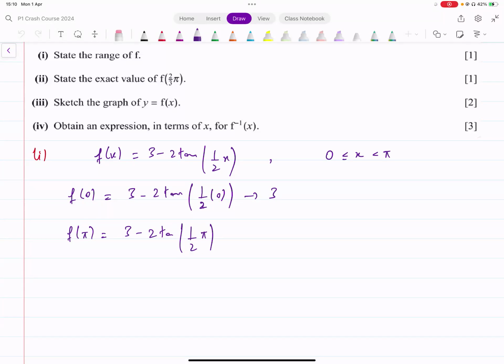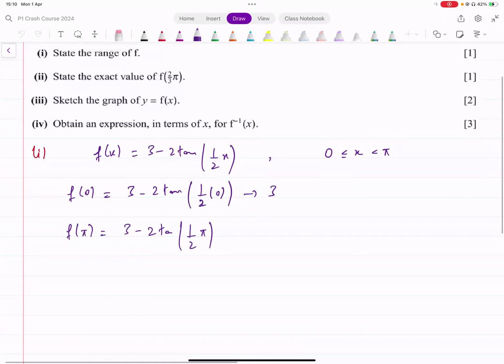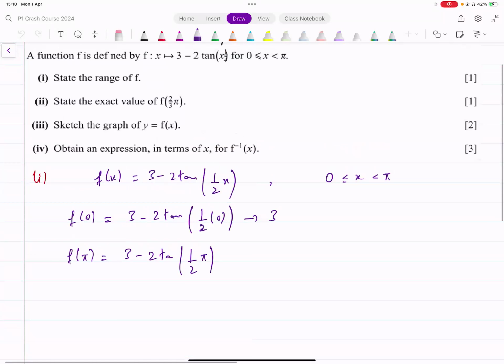There's something wrong that I'm doing. This is degrees. Okay, I'm sorry, my calculator is in degrees mode, so you have to be careful about this as well. This is radians. So my calculator was in degrees mode from the last question, so it's giving me a different value. So I'm just going to change that unit. Okay, 3 minus 2 into tan of 3.1 divided by 2. And that's giving me